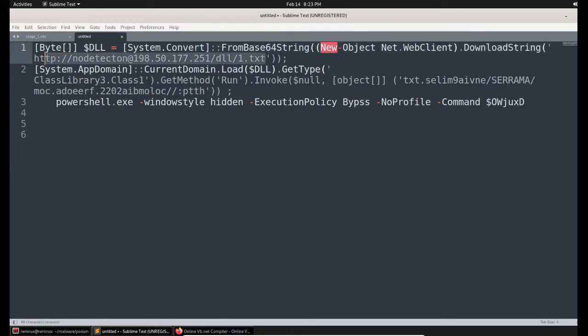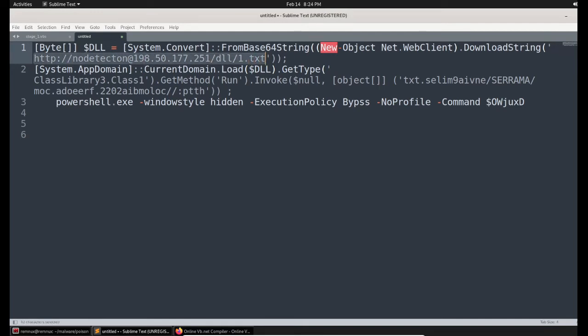You can note down the keyword $DLL here, and also the keyword byte. So it looks like this is a PowerShell command from a base64 string, which simply decodes that. Actually it downloads the content from this link, and the base64 encoded strings will be downloaded from this link. That's what they are trying to denote, I guess.